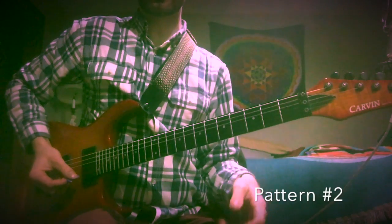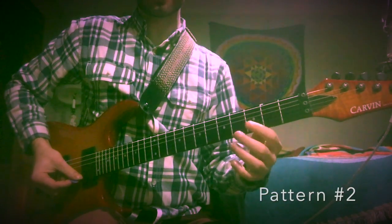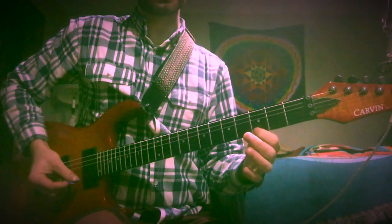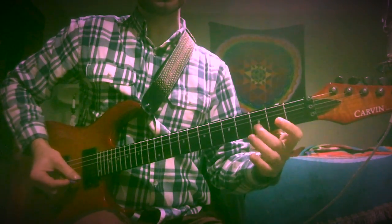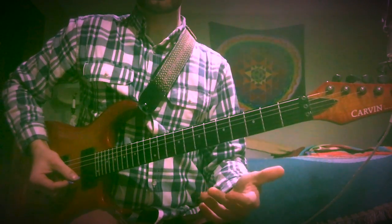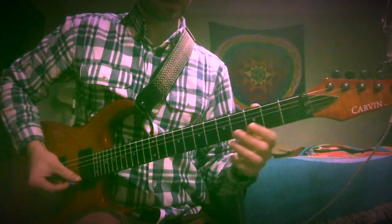Alright, this one is pretty cool. All this is, it's two half steps, a tritone apart. So just think of this. Think of G to A flat, right? That's a half step. And then you go down a tritone, D to D flat. So those are two half steps, a tritone apart. And you just take that idea and you just move it down in minor thirds. So then we get...